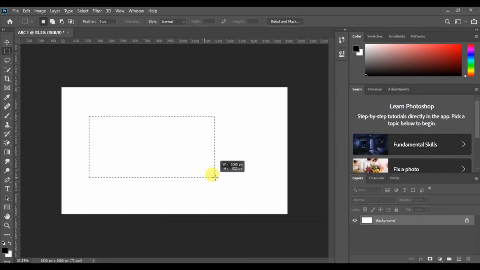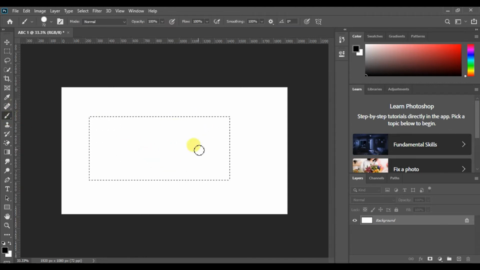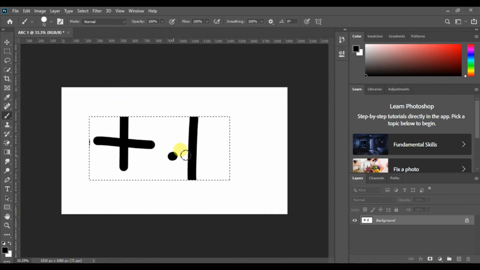Now the second tool is the marquee tool. Let's check about it. The basic function of this marquee tool is that it picks out the area which you select, and this area looks like an active site. Anything which you do in the canvas is done only in this selected area. Like, let me show you its demo.